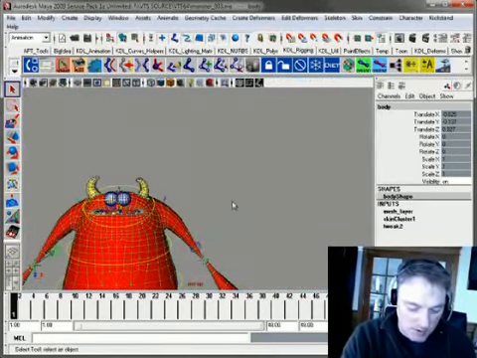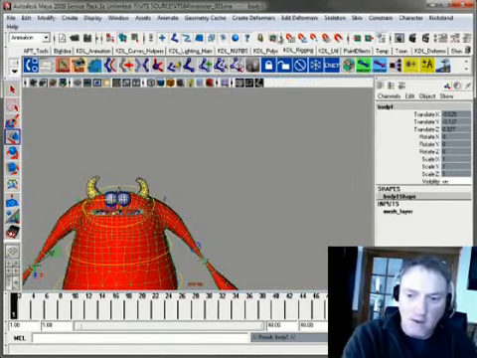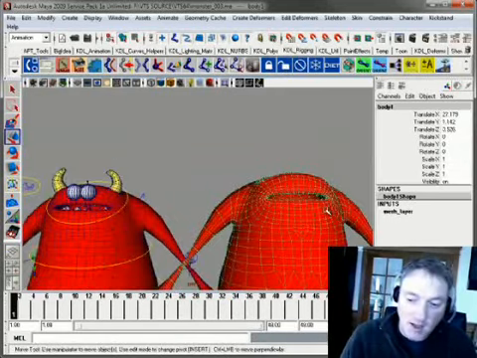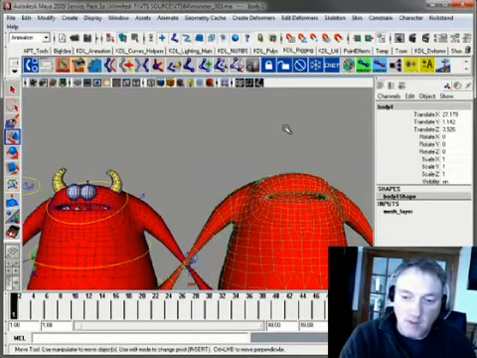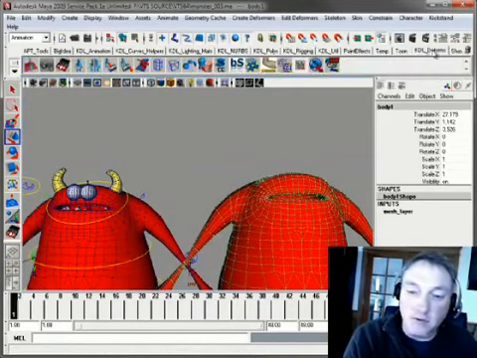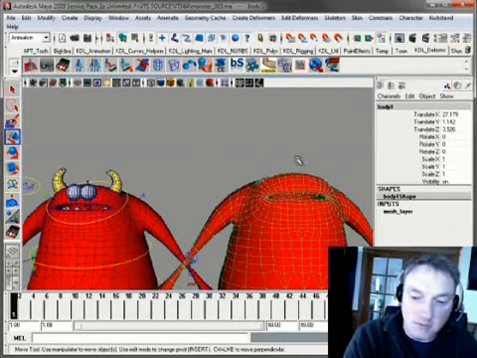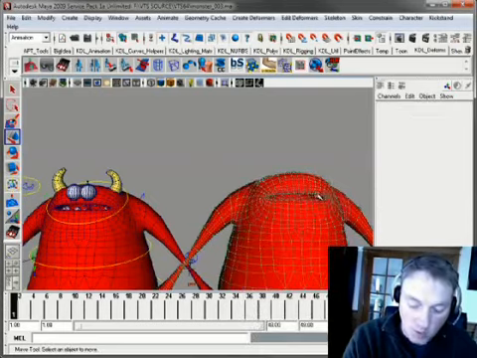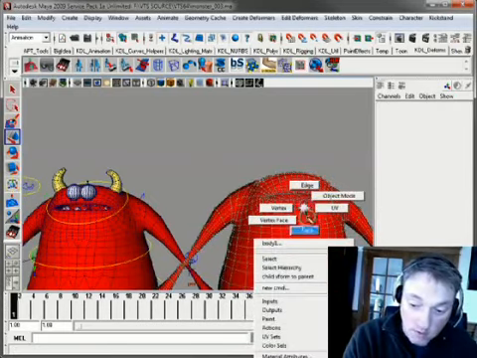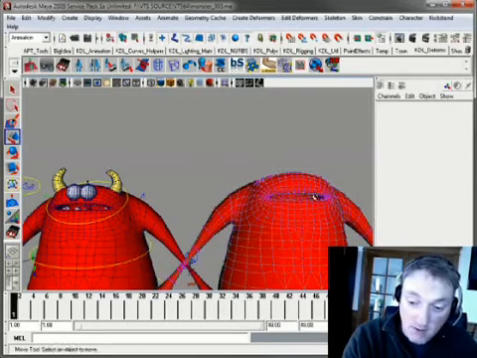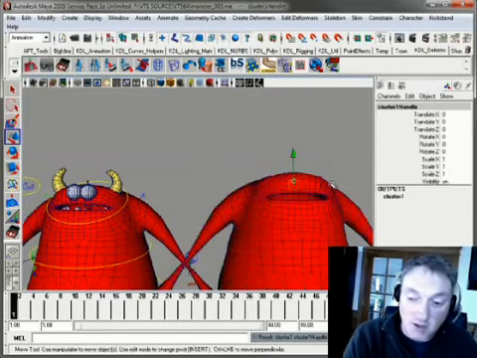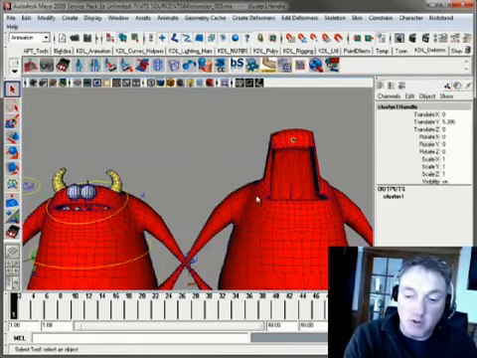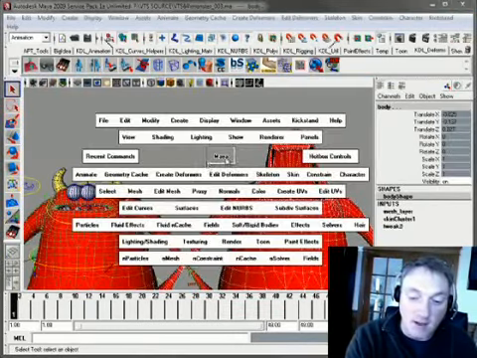Okay, so we can duplicate this and unlock its translates and move it over here. Alright, so let's say we make a copy of this guy, and we'll just deform him. I'll grab one of my little deformer tools here. Let's go ahead and just grab vertices. Okay, let's just grab a bunch of vertices, make a cluster, pull that cluster up. Hooray! Okay, looks like poo, but what you do is you take that, and then you select that,